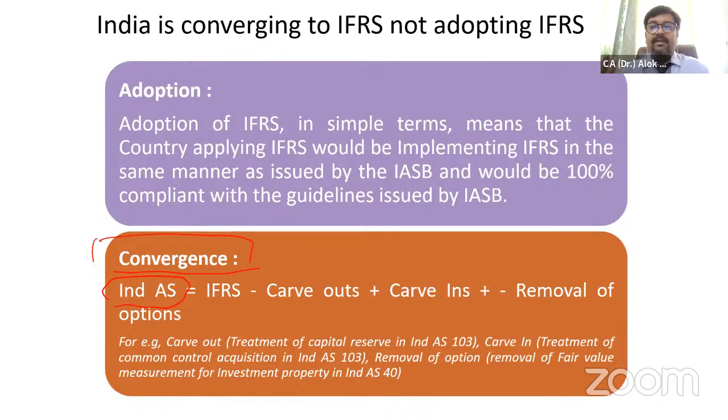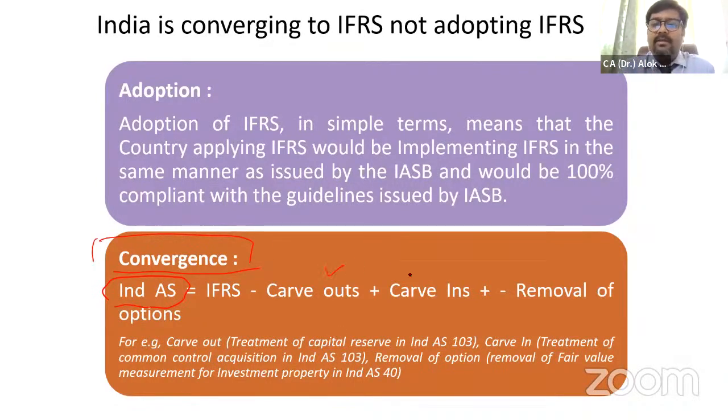We were saying that acquiring a business or acquiring a company is not an ordinary activity. We cannot recognize income if we are paying less. It should be a capital reserve. So that is why in India we are deviating from the IFRS treatment, and we said if we acquire a company and we have a profit, that is not a normal profit. That is not a revenue profit. That is a capital profit and it will go to capital reserve. So we have used a different treatment, right?